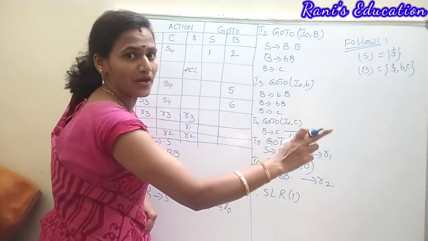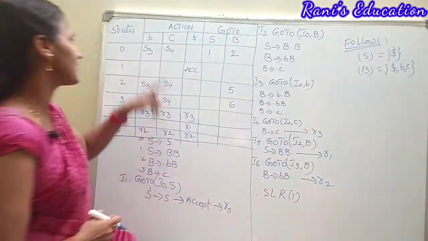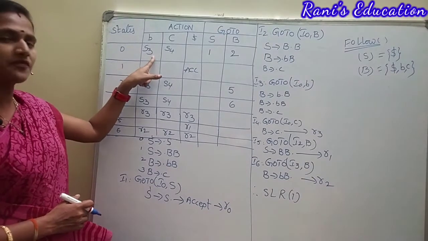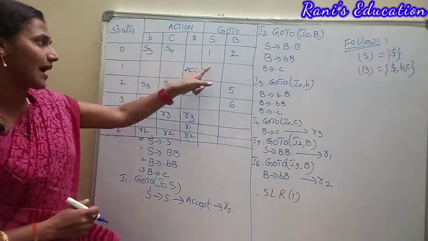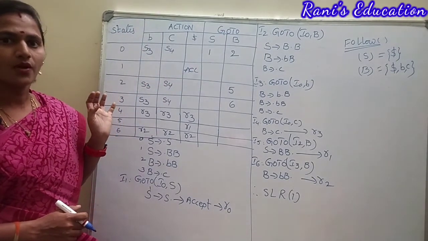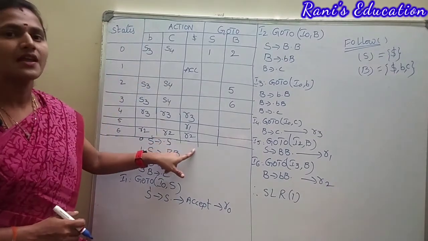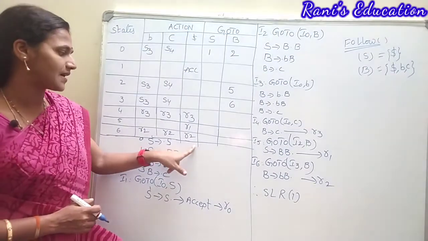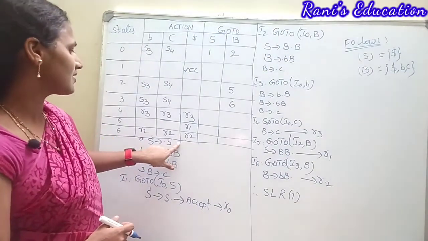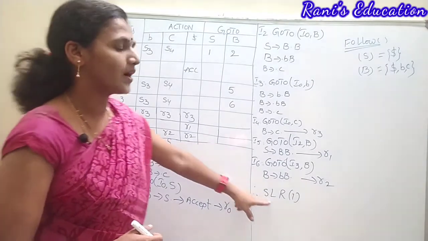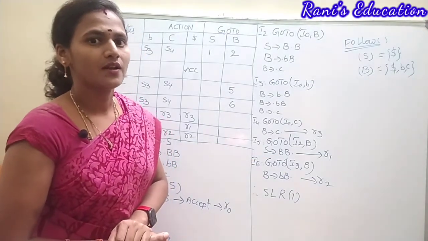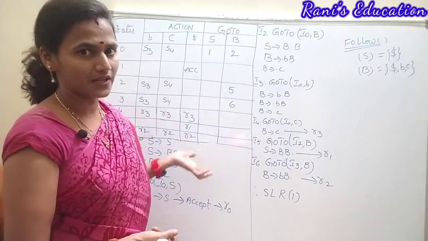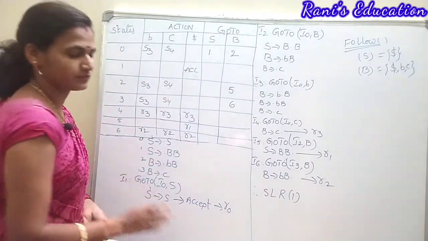The 1 represents only one lookahead. One lookahead is nothing but the terminal consists of only one action, either it is a shift action or a reduce action or accept. Okay, this is how we are going to construct the SLR parsing table. After construction of the SLR parsing table, we can easily say whether that grammar is SLR1 or not. Right? Now let's see how to check the string acceptance for a given string.